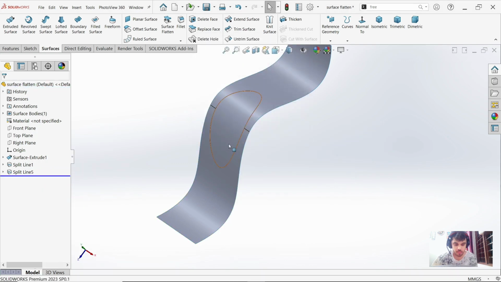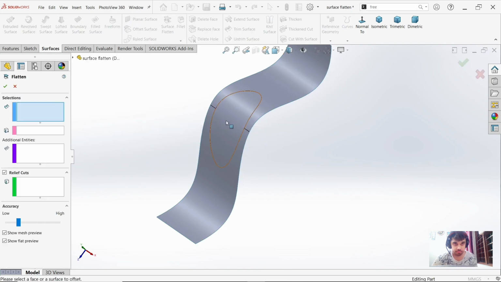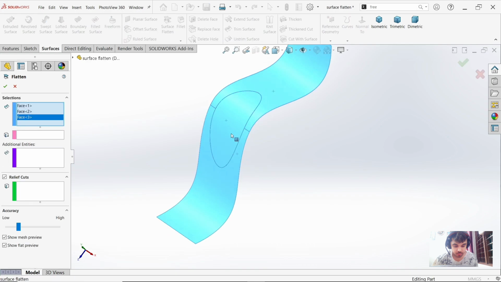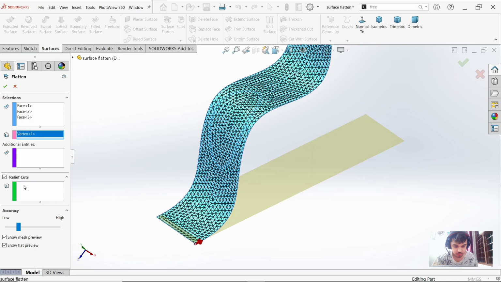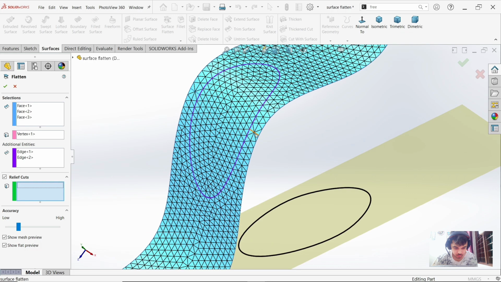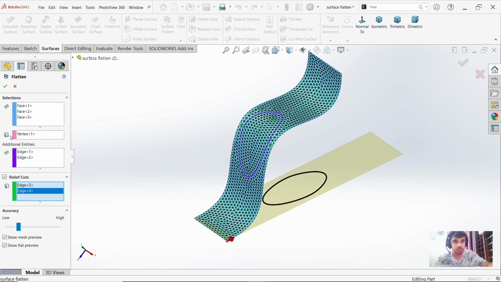Now we will do one more thing. We want to add some relief cut. Surface flatten, selection. Let's say now here are too many bodies, too many surfaces. Vertex, I am going to choose this. Now here, additional, if you want to select, see, and here is one option called cut relief. If you select these two, say OK